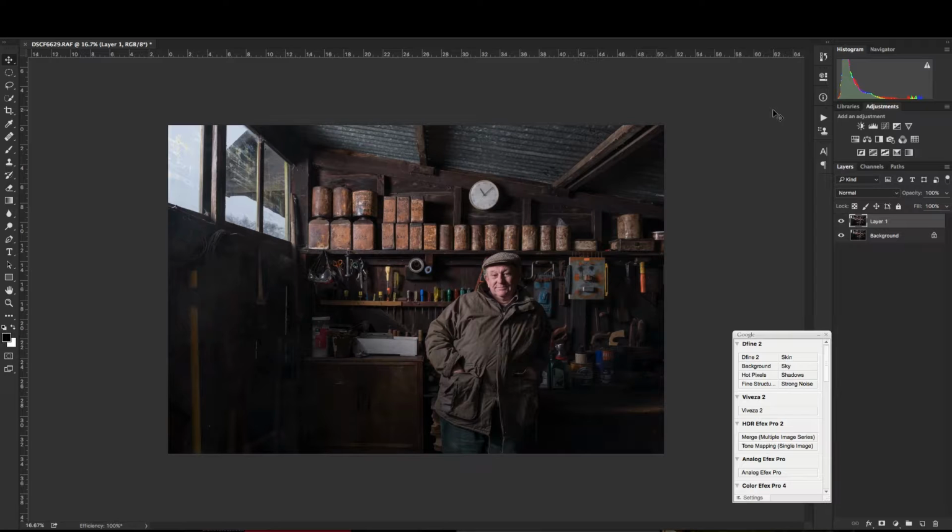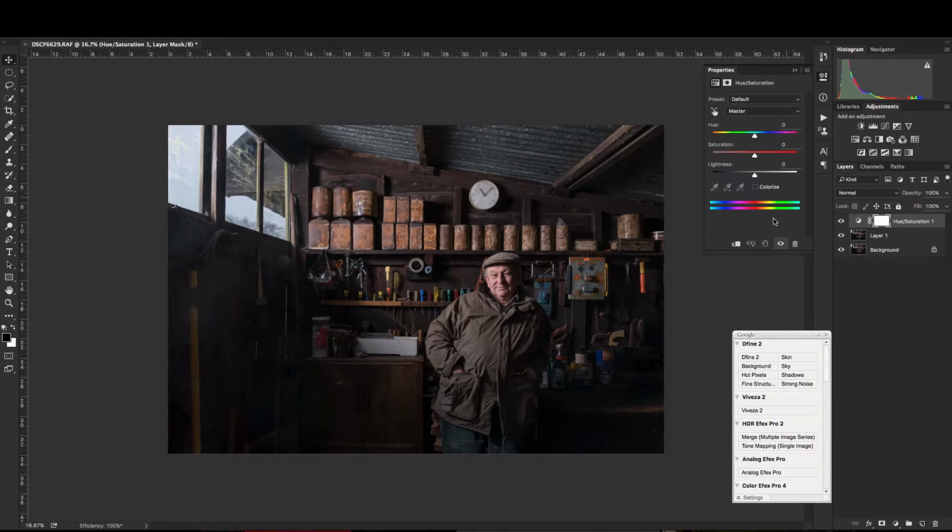So like I said, I don't do much. I think the main thing that gives my photos the look that they have is how I add contrast. And I do it with one step. And that one step then sort of has three options. So what I'm going to do is create a hue and saturation layer. We're going to end up moving this saturation slider down, but I'm not going to yet because I'm going to